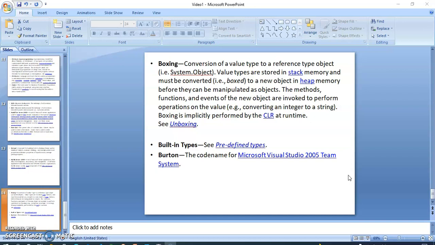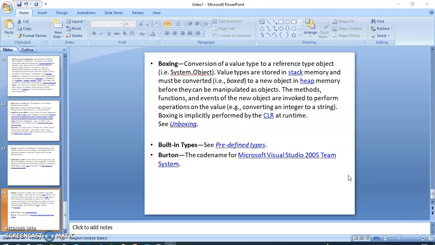The methods, functions, and events of the new object are invoked to perform operations on the value, such as converting an integer to a string. Boxing is implicitly performed by the CLR at runtime. That one we will see in unboxing.